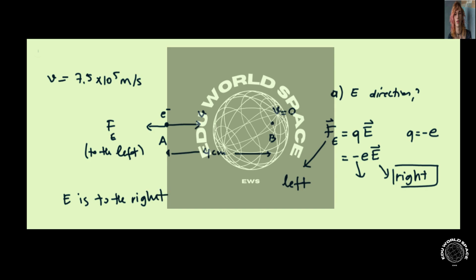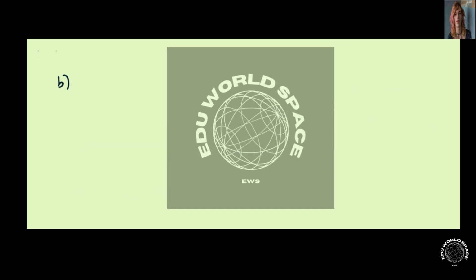Now, in part B, we are asked the magnitude of this electric field. So again, we're going to use a kinematic equation because we know that after traveling 4 centimeters, the initial speed is what is given to us in the problem, but final is 0, and we know that the distance traveled in the x direction is 4 centimeters, right? So using our kinematic equation,